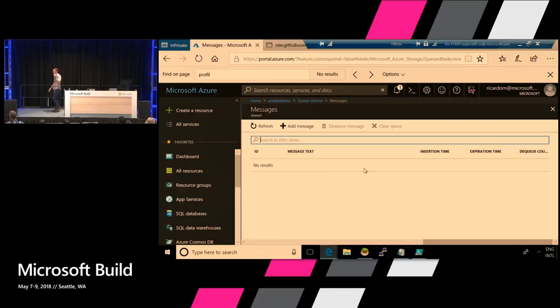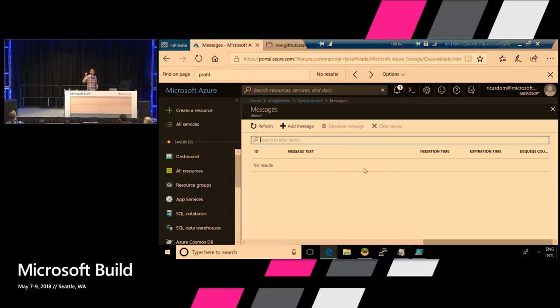Using functions in Azure Stack, I bound my function to a public endpoint in Azure. My function will kick off every time a new item comes to that queue. It will read the message, and then we have that very small C# code that writes data to the database, right? Is it the only way to do hybrid? Of course, no. I mentioned VPN, ExpressRoute. There are different ways. This is just a quick and dirty way.